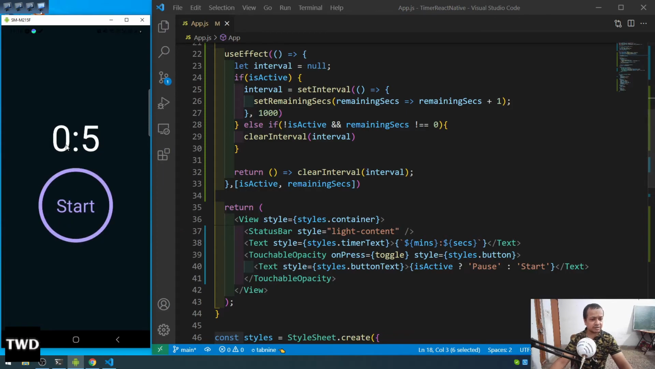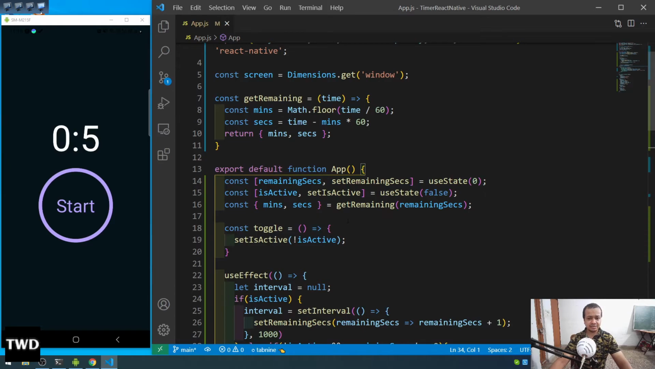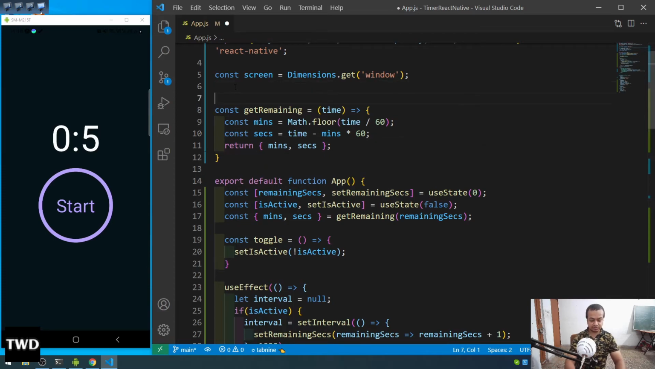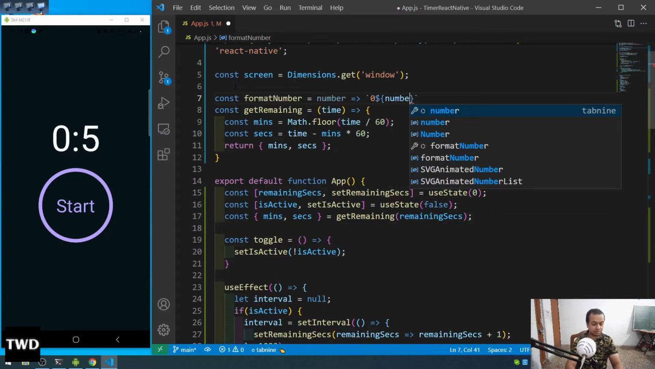So it is working fine, but generally the number doesn't look like this in your timer app. It is a stopwatch type of thing. It doesn't look like that. So where do we have to format it? How do we format it? First, let's have another helper function, const format number equal to number, this 0, then dollar number,